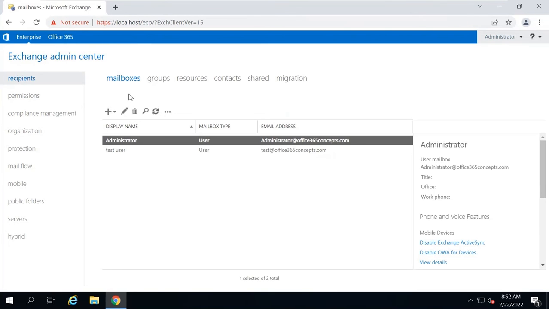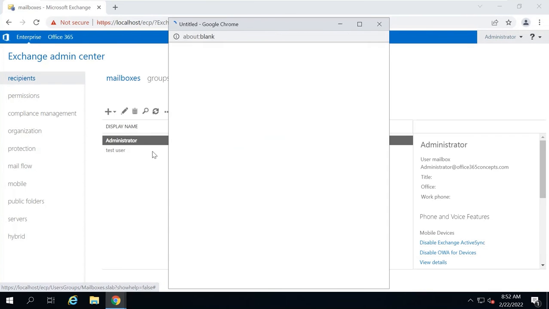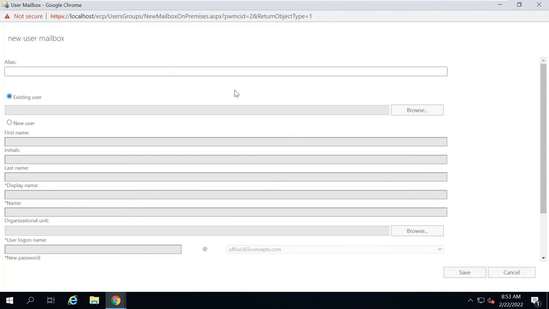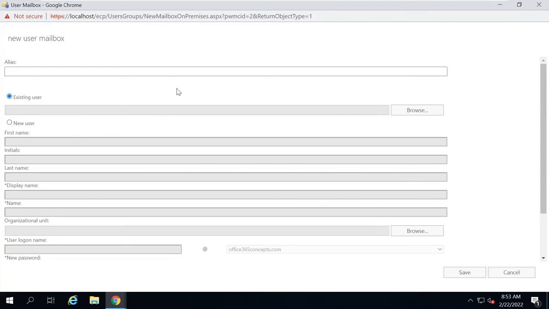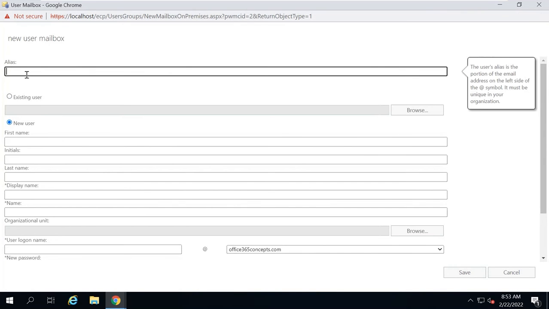To create a user mailbox, you will click on plus, and from here you can select user mailbox or linked mailbox. If you want to create a user mailbox, you will click on user mailbox. On this particular screen, it will ask you if you are trying to add a new user and a new mailbox, or you are going to assign a mailbox for a user account that already exists in Active Directory. If this is a new user, you will click on new user, assign it